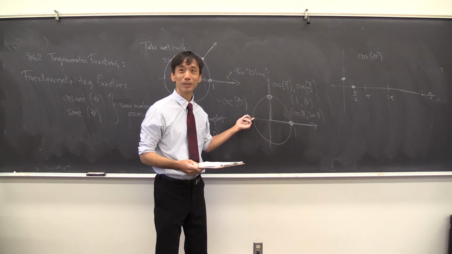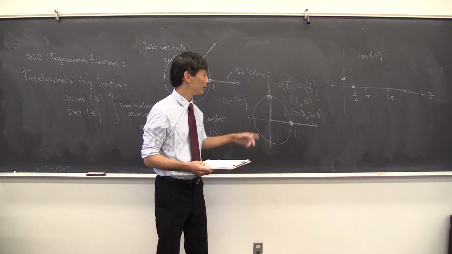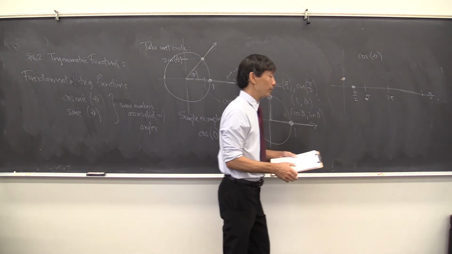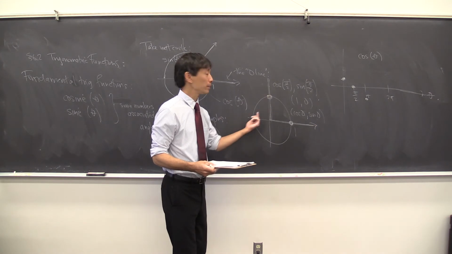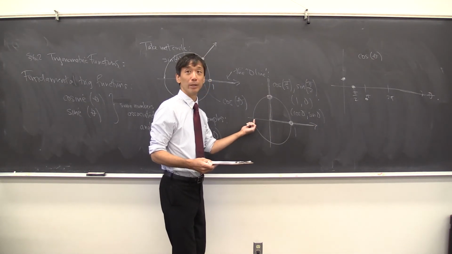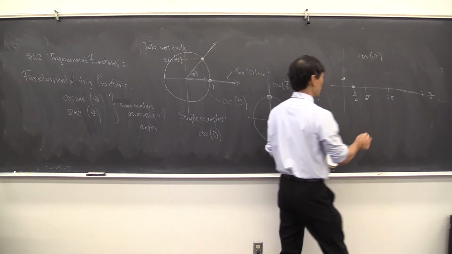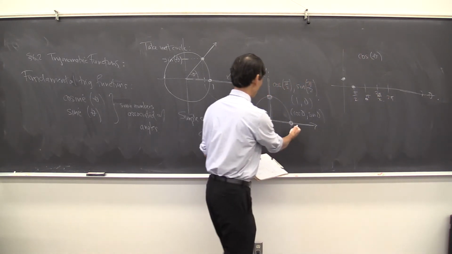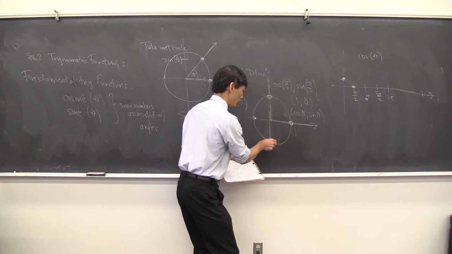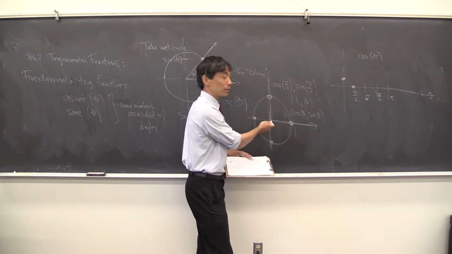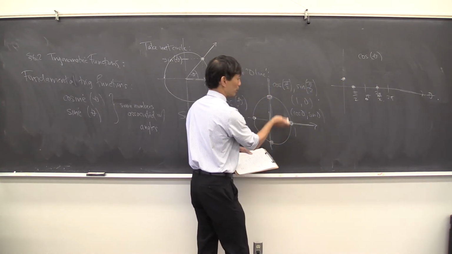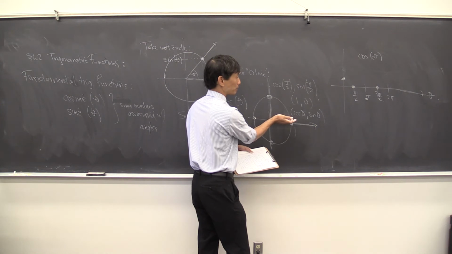It'll be -1, right? Because cosine is just the x coordinate of that point. What is it going to be at 3 pi over 2? At 3 pi over 2, you look at this point, and its x coordinate is 0 here, right? And then at an angle of 2 pi, it comes back to